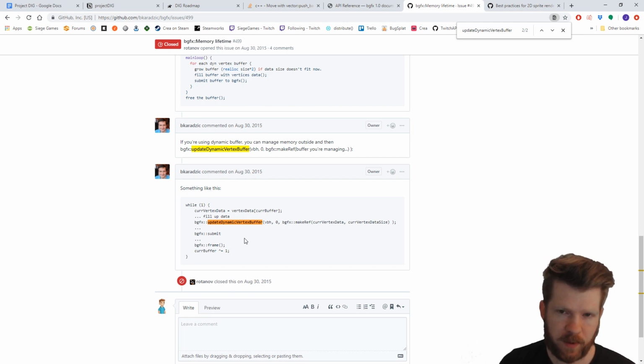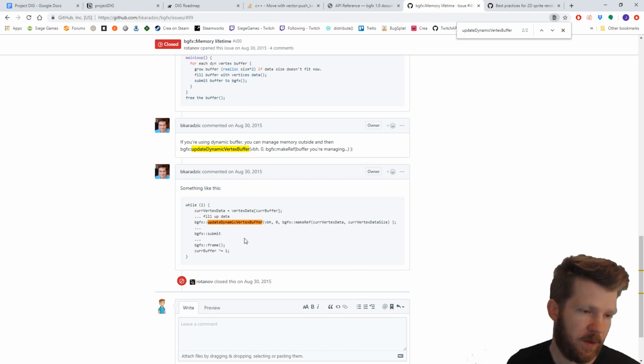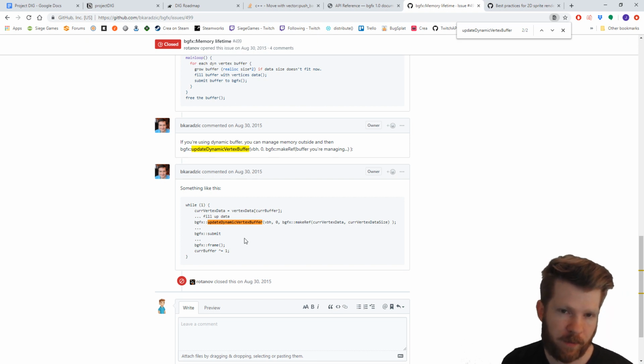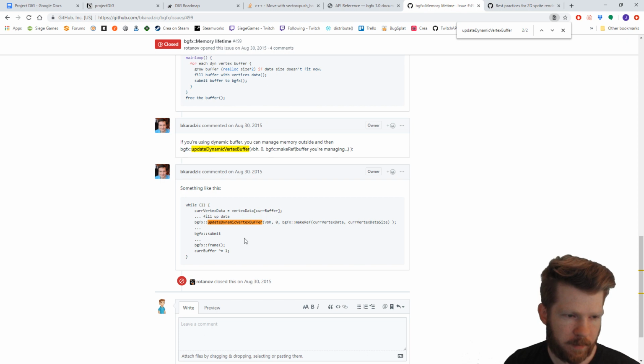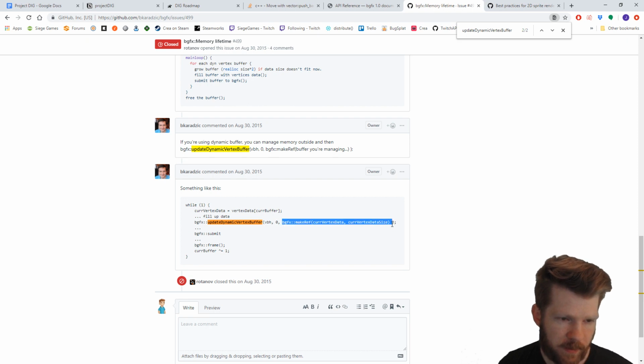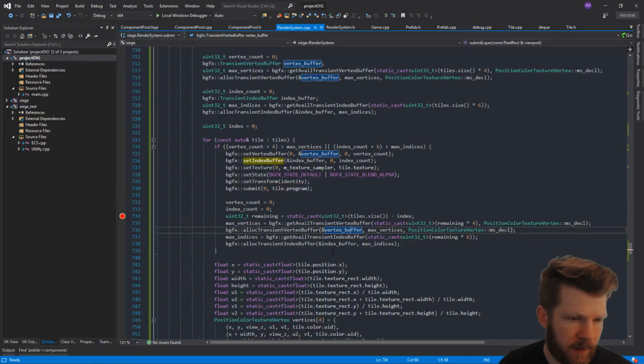So we need to get a new vertex buffer 3, so we have stone and dirt on vertex buffer 2, and iron and clay on vertex buffer 3. But we could be changing whatever that data is every single frame. That doesn't really matter. That's my understanding of it, which means that